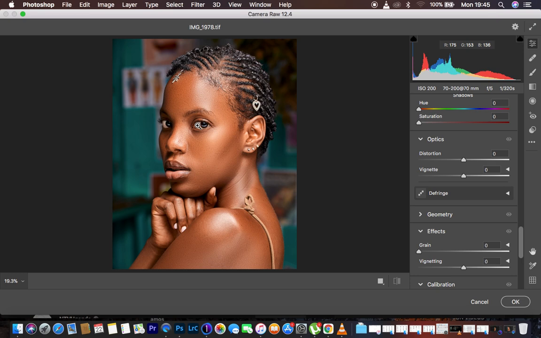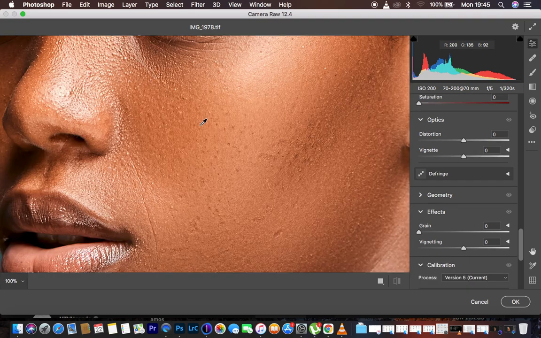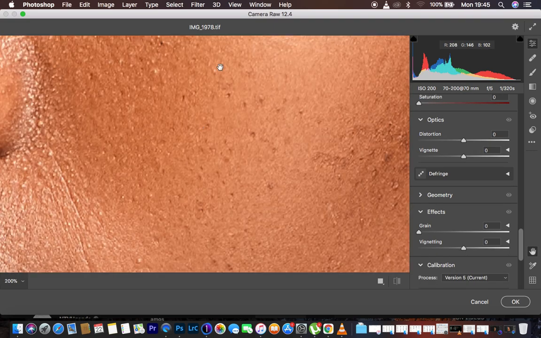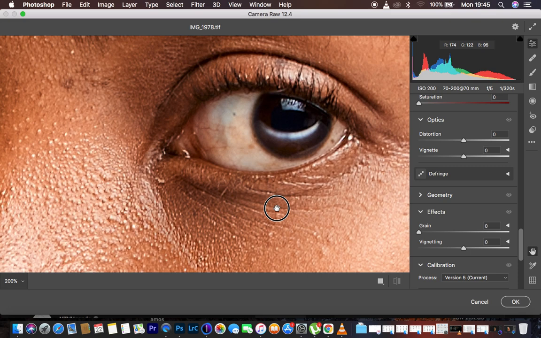So just come and click right here, or you can use Command plus to zoom into the eyes. You can now zoom in your image and simply use the space bar and left click to get the hand tool, and you can now zoom into the eyes. So in order to whiten eyes, we're going to be using a tool in the camera raw filter known as